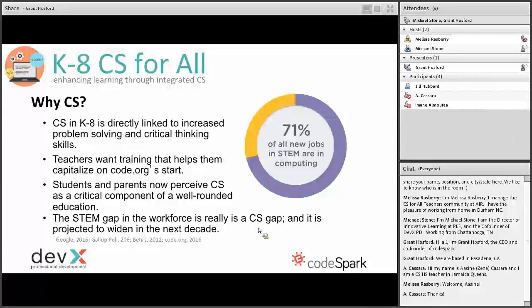I'm just going to skim over this real quick to basically say, why is computer science important? I think I just answered it. For us, at the elementary level, it really is about providing students with perhaps their very first opportunity to engage in truly authentic problem solving, where we're not having to trivialize or dumb down the types of problems they're engaged in, but they can actually create real games. They can create real functional apps, and that function brings a level of authenticity that is very hard to replicate